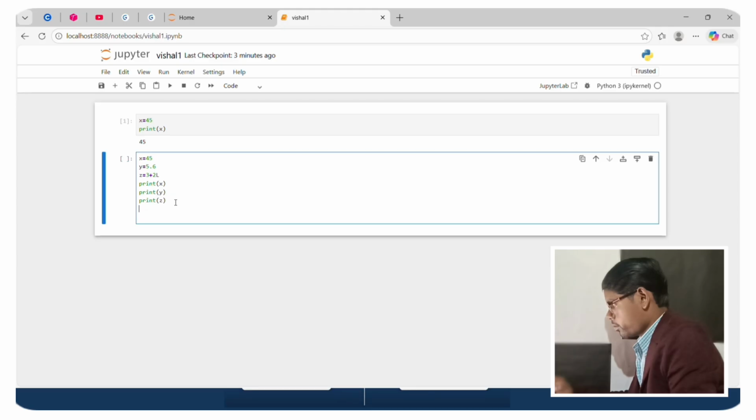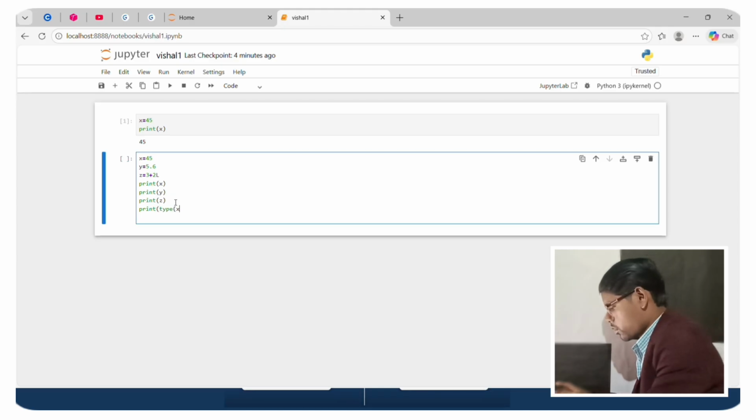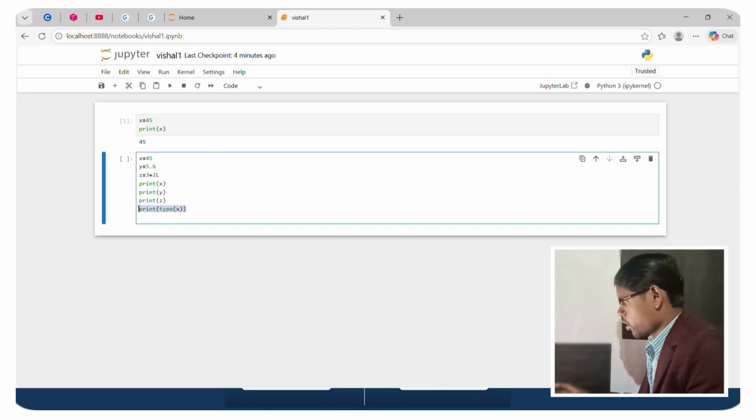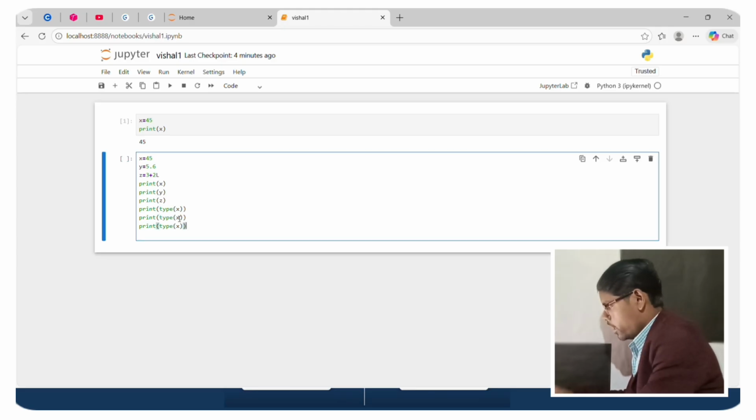I want to print these three numbers and find their types, so I use the type keyword and run.